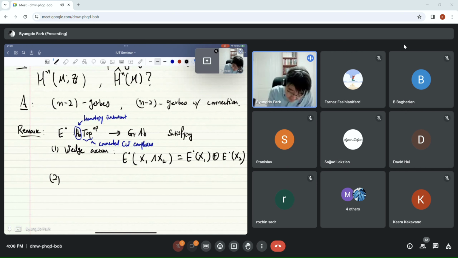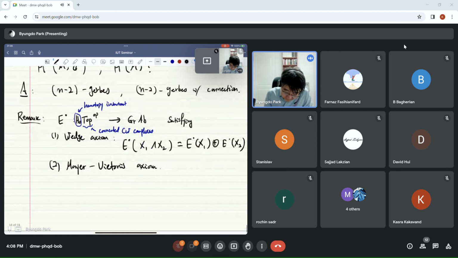And the second thing is the Mayer-Vietoris axiom. So if this functor E flat satisfies these two properties, then